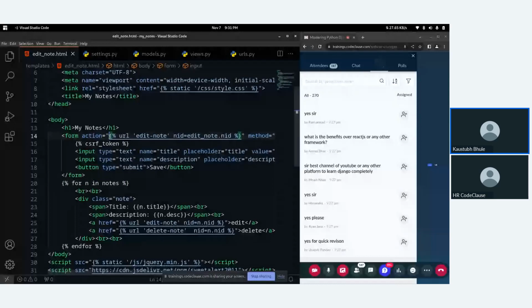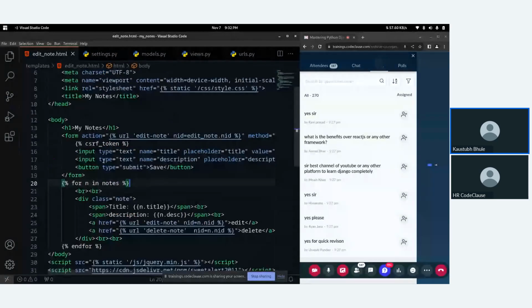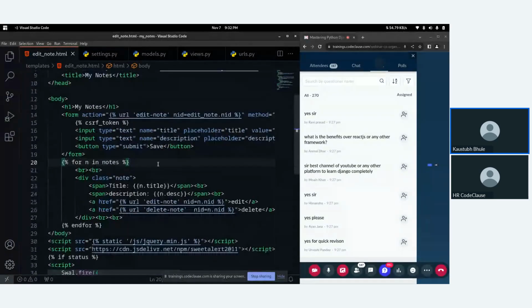Then, to load the data, to get the data from Django, we just sent our dictionaries using the render function to our HTML file. Then we loaded it using a simple for loop in HTML. Basically, this is what we can call templating.